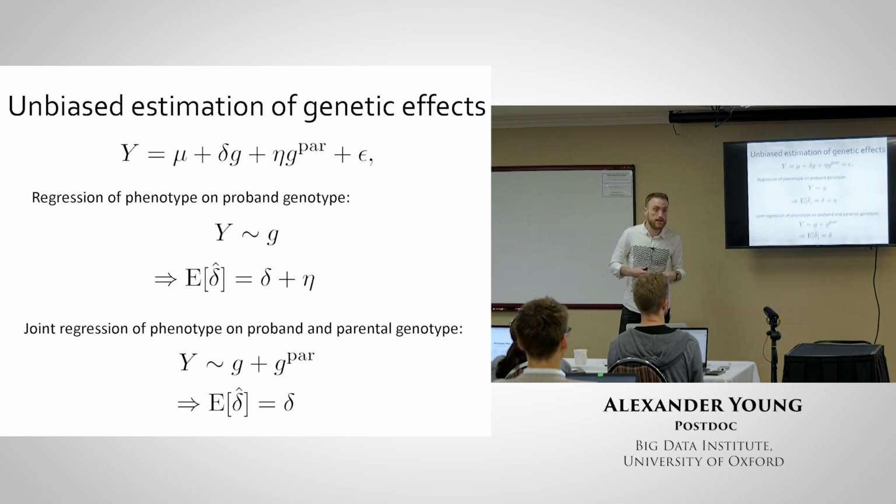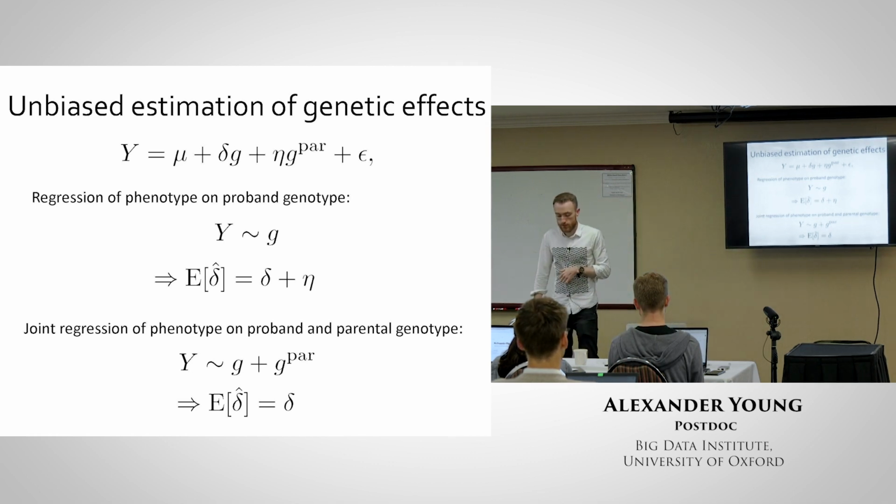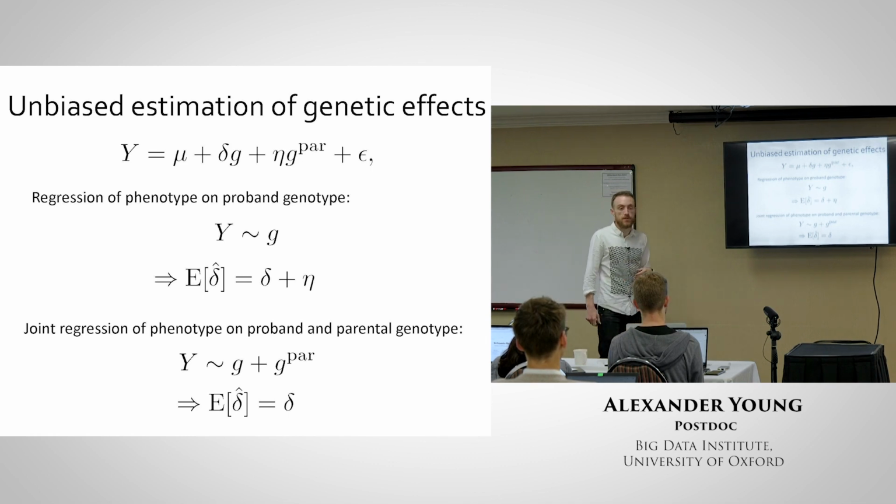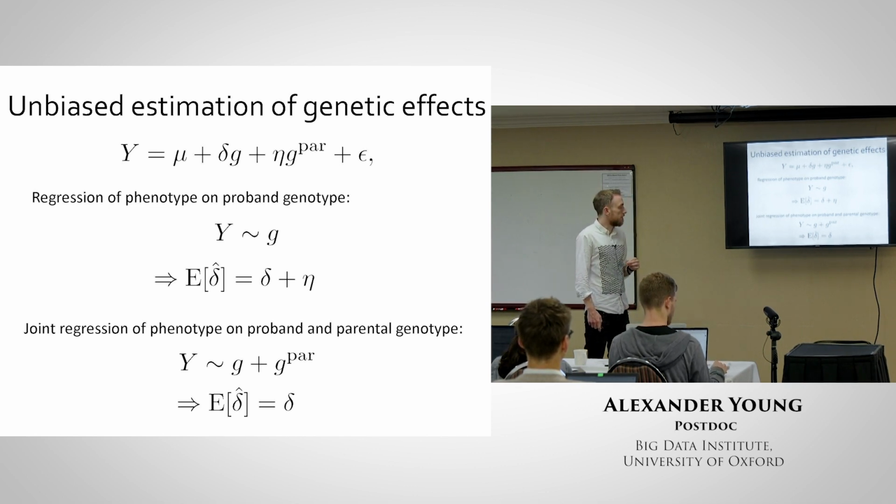Sorry, I just want to understand, so the G parents is just the direct sum of the genotypes of the paternal and maternal? Yeah. So there's no consideration of dominance effects or...? So this is assuming an additive model. Okay. You can do things with non-additive models, but it becomes very complicated. Okay, so it's a direct combination. Yeah. So this method hasn't been widely applied because of the lack of data with genotyped parents.